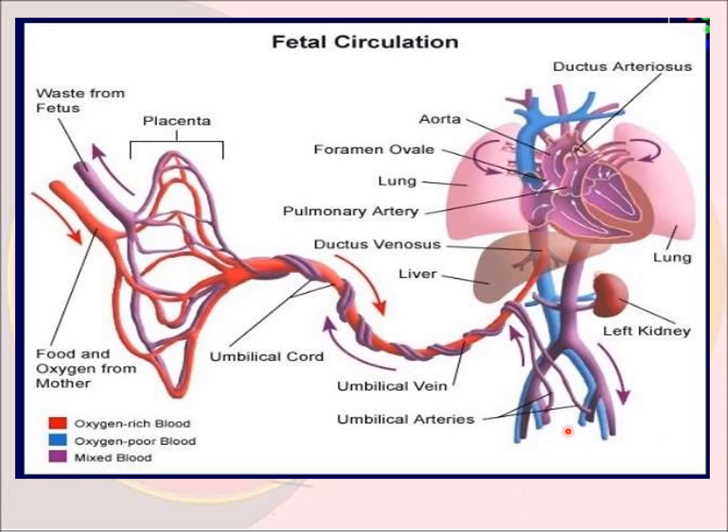Okay, once again I will explain it. The blood which is coming from the placenta, that is oxygenated blood, will come through the umbilical vein. Through the connection between the umbilical vein and the inferior vena cava, that is the ductus venosus, it will go to the right atrium. From the right atrium, there is a connection between the right atrium and left atrium through the foramen ovale. So it will enter into the left atrium. From the left atrium, it will enter into the left ventricle. From the left ventricle, it will enter into the aorta, and it will be supplied to the upper portions of